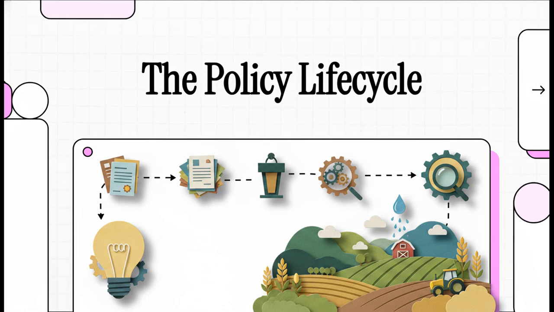Today, we are doing a real deep dive into a truly fascinating subject, agricultural and rural policy theory. For those of you studying or working in public administration, rural development, or agricultural economics, you already know that creating policy isn't just about drafting a document, it's about shaping reality. So we're going to use a strict policy science framework to pull back the curtain and deconstruct this living, breathing ecosystem of agricultural administration, tracing it from the very moment an idea is sparked to the moment it actually hits